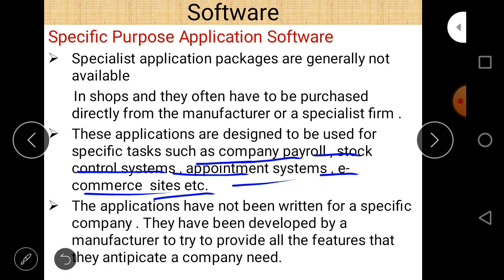They are written for a specific purpose, not for a specific company. They have been developed by a manufacturer to provide all the features that a company is anticipated to need. So it is according to the purpose, not according to the company.